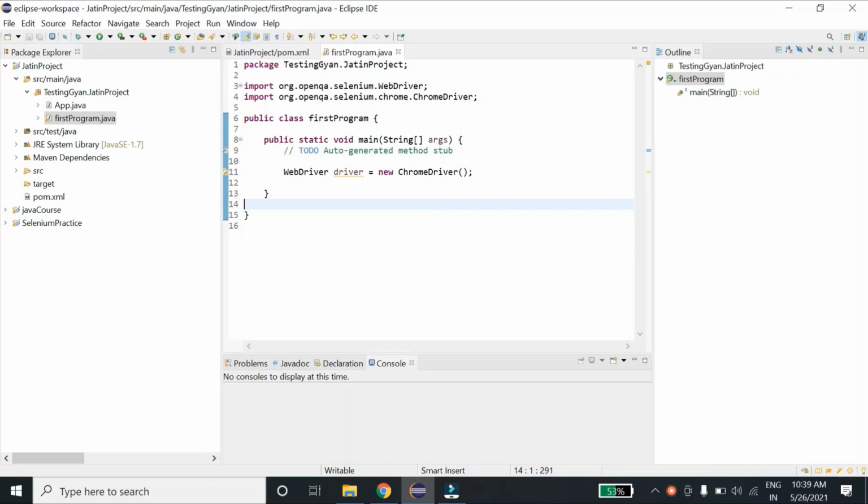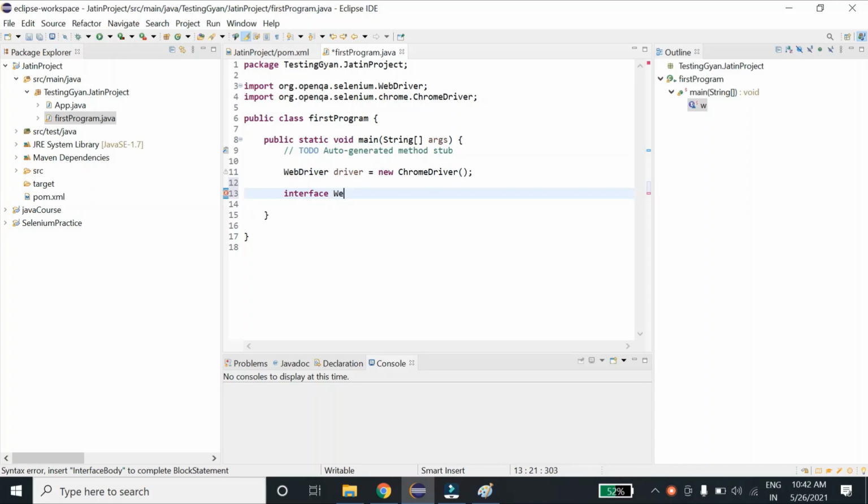Now let's understand why I wrote WebDriver driver equals to new Chrome driver. So guys, to understand why I wrote this, first let's understand whether WebDriver is a class or an interface. So let me tell you guys, WebDriver is an interface. So what the Selenium guys did, they have declared WebDriver as an interface. So for interface, I'm just writing it to make you understand in a better way, and define a couple of methods over here without any body. So that is the feature of an interface.